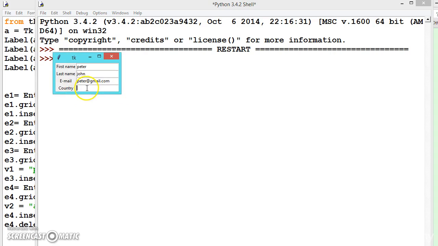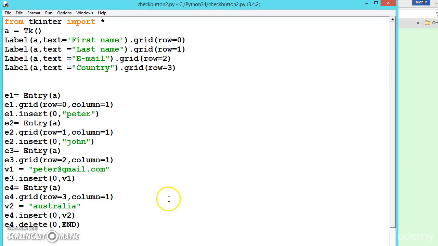See here, this one is deleted. Like this we can delete all these values. So let us create a button and then clear all these values. Button, comma, text is equal to, let us say, new entries. Then .grid, and inside this grid let us say row 4, comma, let us give it column 1, and here we will write the command, comma, command is equal to, let us say